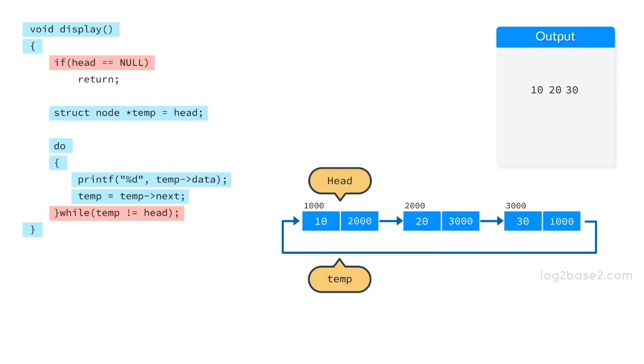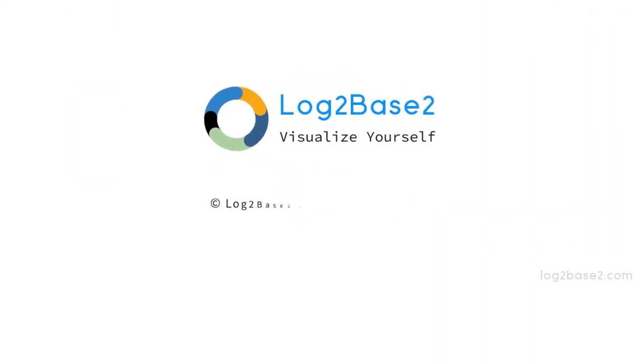So that is how we can print each node's data of a circular linked list. The only difference is that since the last node here is pointing to head and not to null, we have to traverse from head till we reach head again and not till we reach any node pointing to null. So that's all, and from the next videos we will discuss operations on